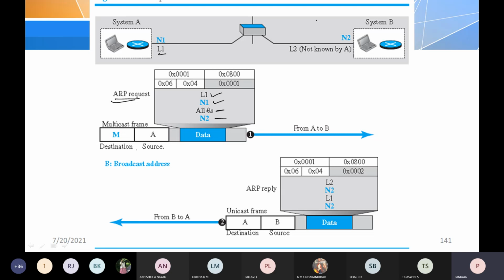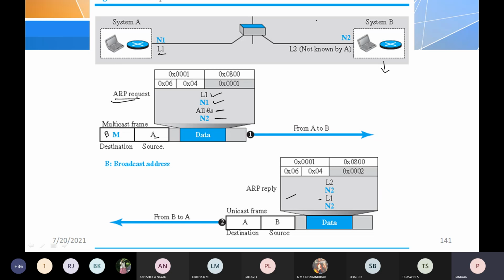Okay, so it is going to be represented here, you can just observe. This complete packet information is added into this payload or data field, and it is going to send this information. So what is this M? Okay, here M indicates multicast. Actually it is a broadcast. It's supposed to be B. Okay, and followed by the source address. Which node is sending this information? That is A. So this is sent, and whenever that particular destination is identified, it will reply back.